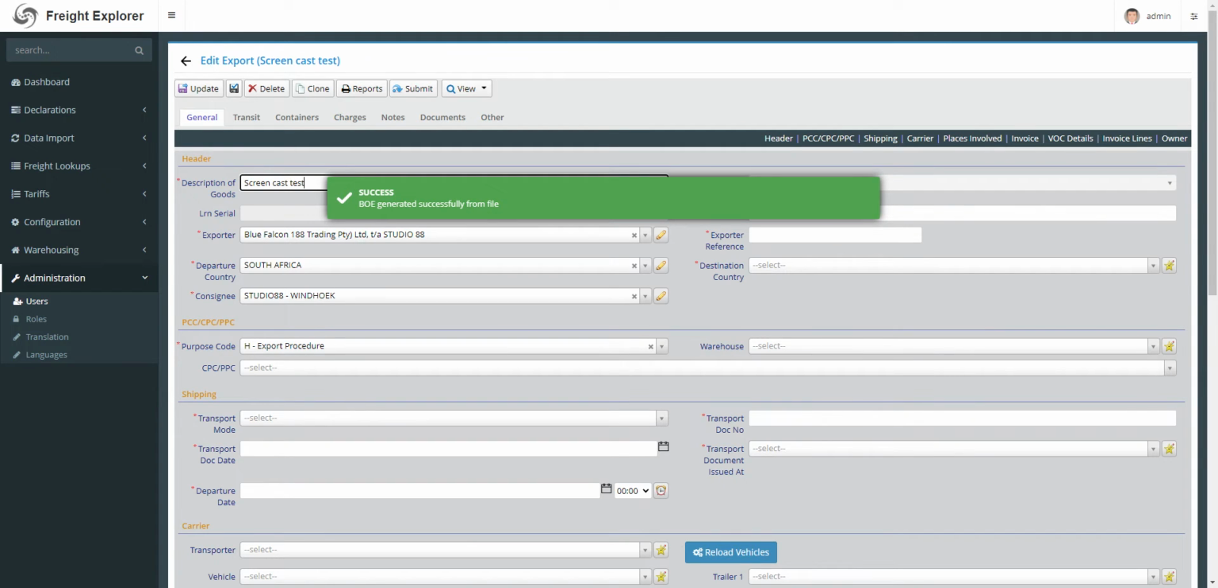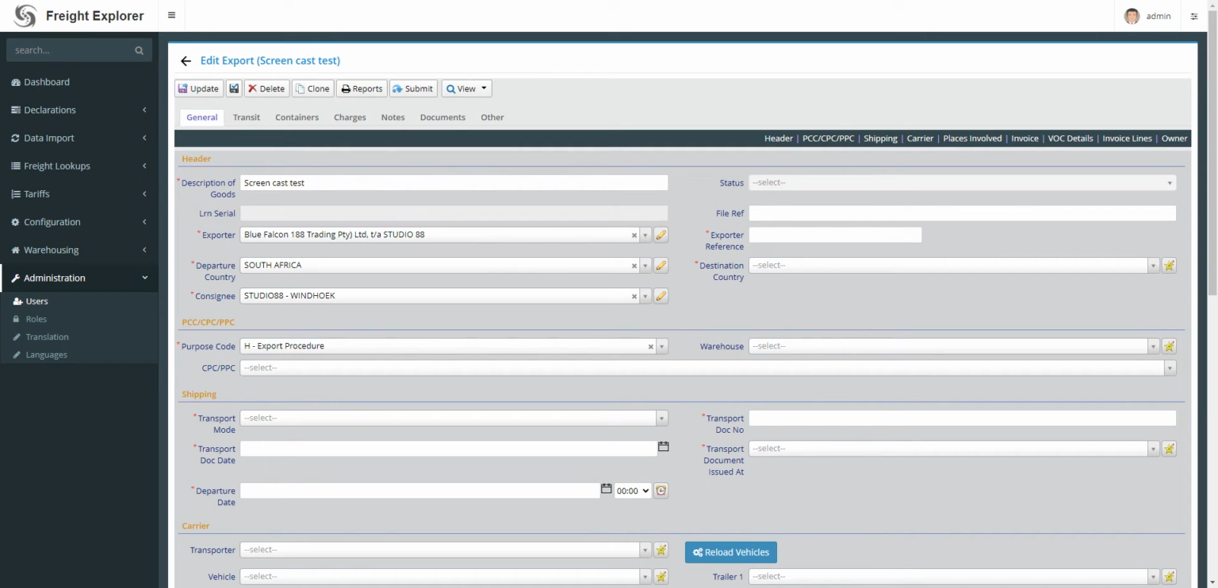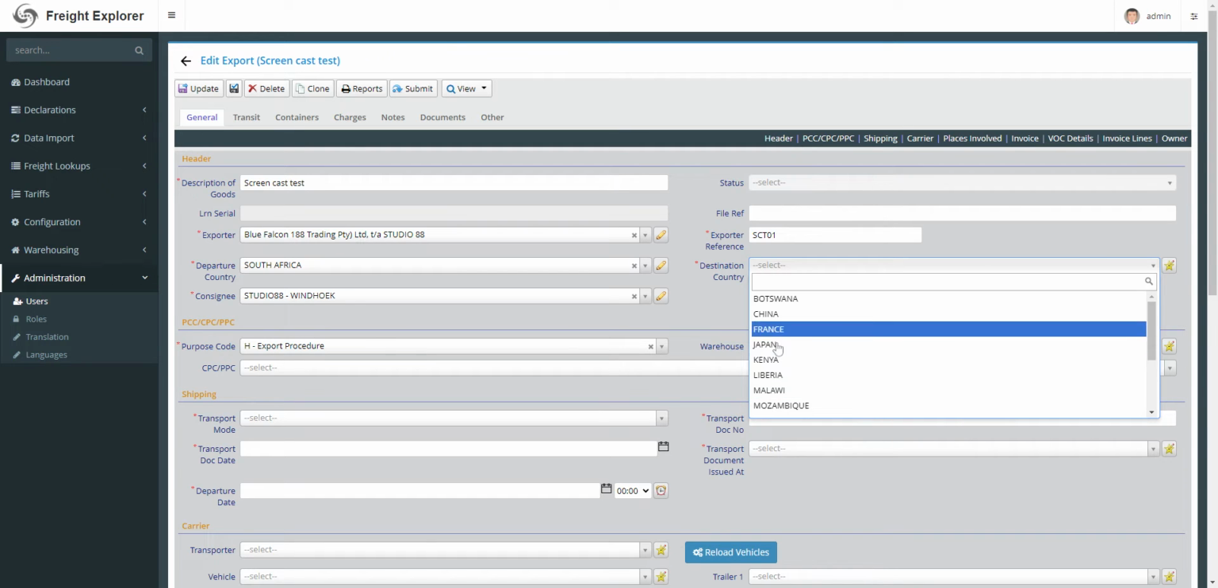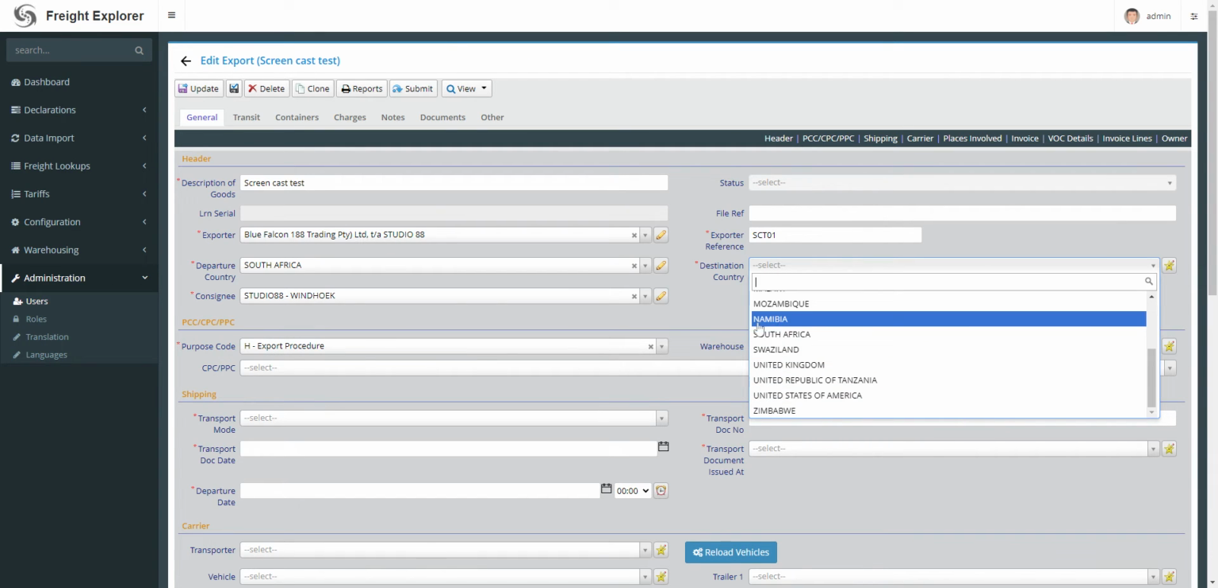So our entry is done, and the system has navigated to the export entry that has been created. You will see that the system already created an exporter for us. So what we need to do now is to say screencast test and put our exporter reference. I'm going to use that reference for the purposes of this demonstration, and we are going to country of destination. We are going to Namibia,